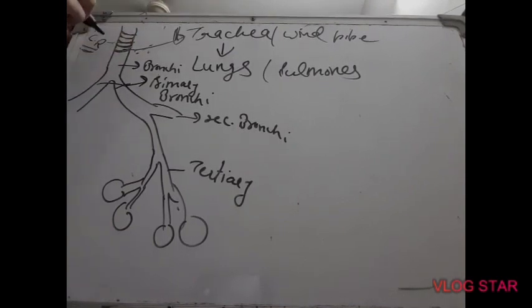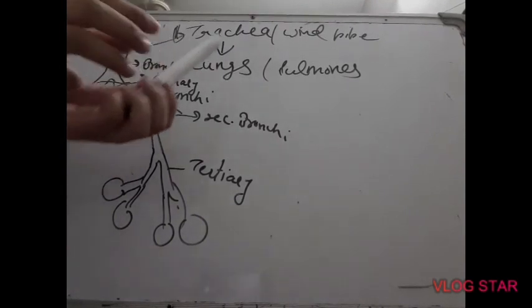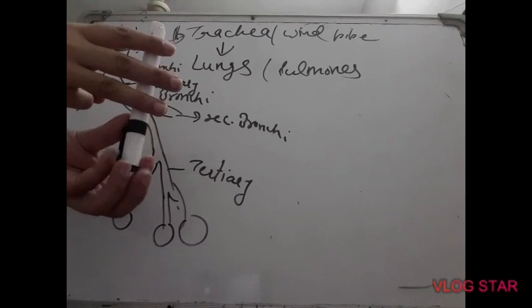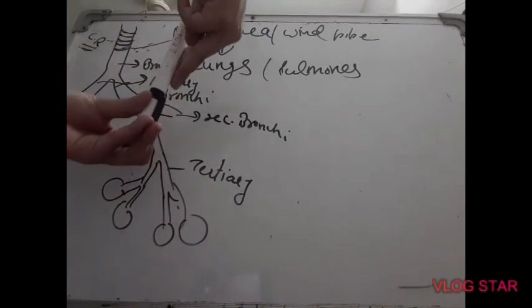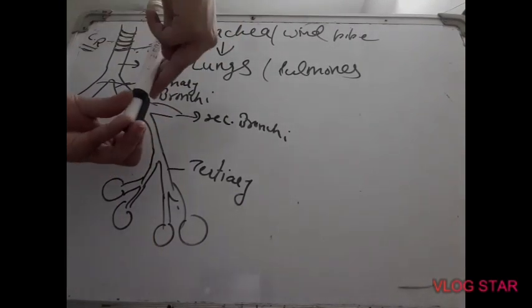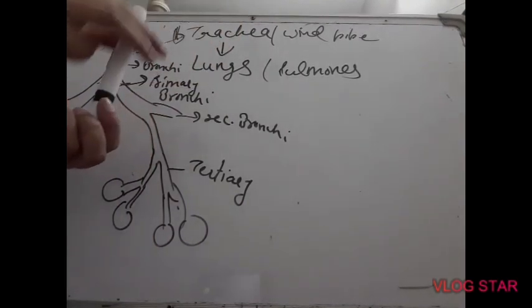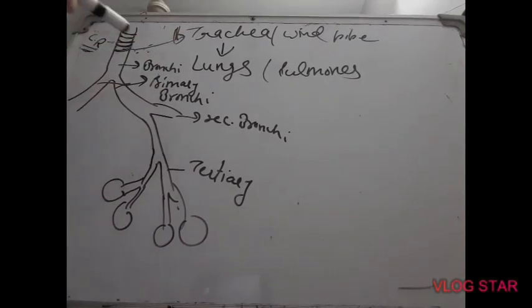These are not found at the back of the pipe, found only at the front, like these. This is the pipe and my finger. These are supposed cartilaginous rings found at the front end only, not at the back. Why not at the back? Because if they were found at the back, it would cause hardening of the windpipe. So to prevent the hardening, these are found only at the front side.